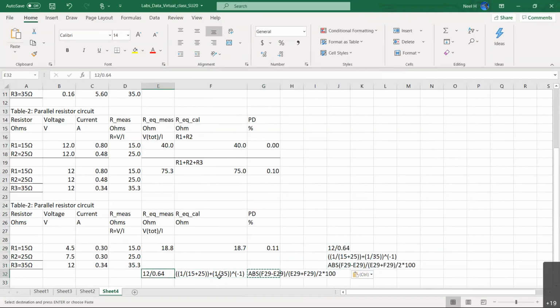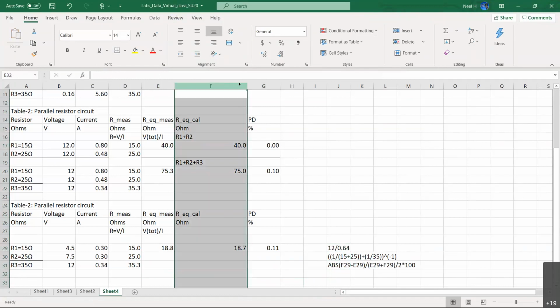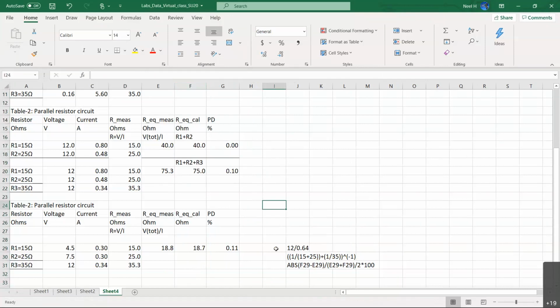Okay, now let's get rid of this line. And let's reformat this one to look like a really nice table. Okay, now this one is for R equivalent measured. This is R equivalent measured, right? R equivalent measured means